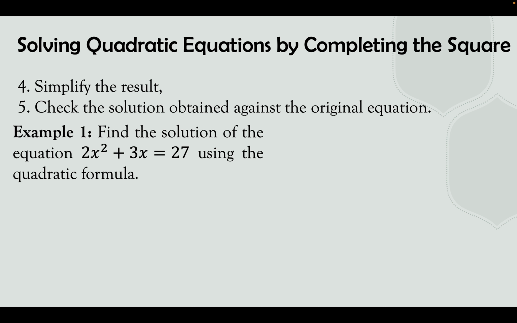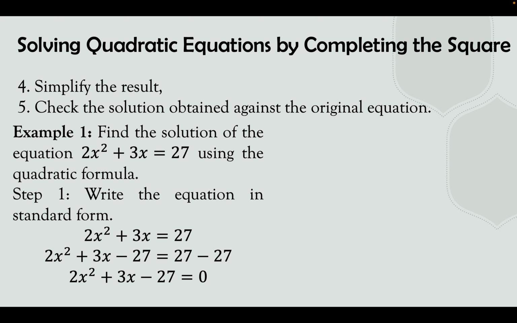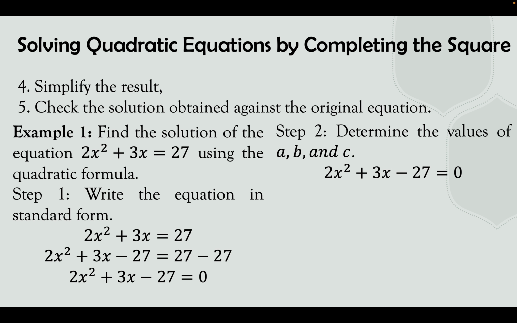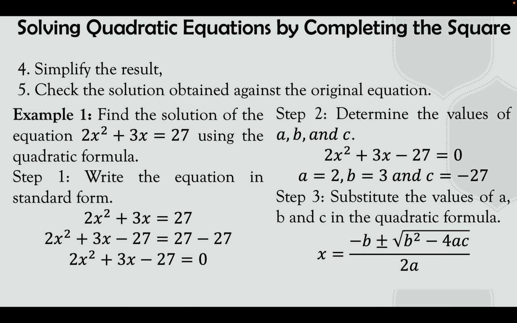Example number 1. Find the solution of the equation 2x squared plus 3x equals 27 using the quadratic formula. Write the equation in the standard form. So we have 2x squared plus 3x equals 27. Subtract both sides by 27, so we have 2x squared plus 3x minus 27 equals 0. Determine the values of a, b, and c, so we have a is 2, b is 3, and c is negative 27. Substitute the values of a, b, and c in the quadratic formula, so we have